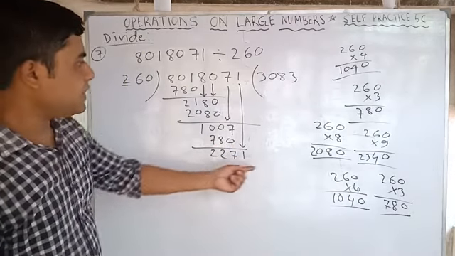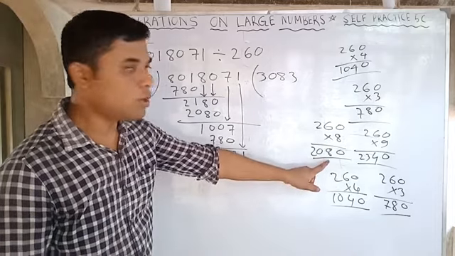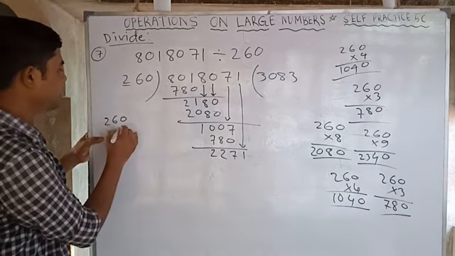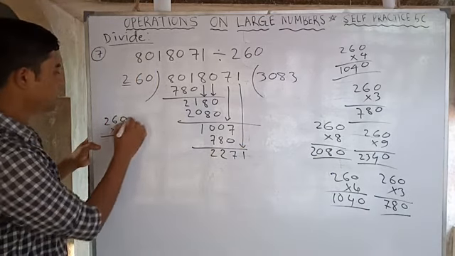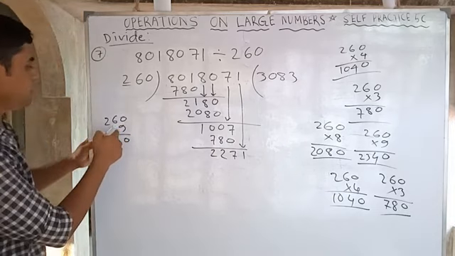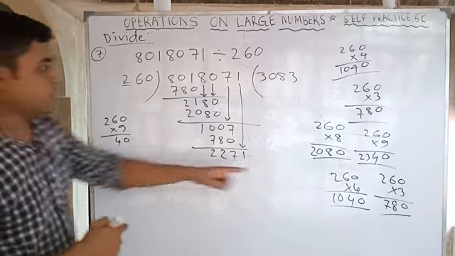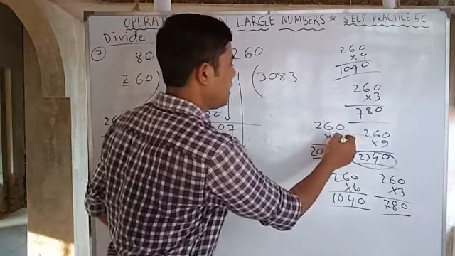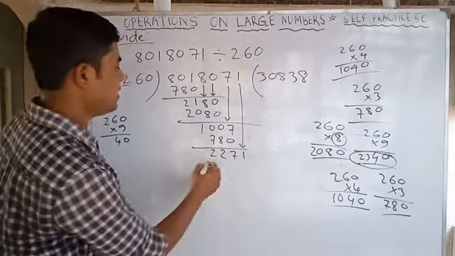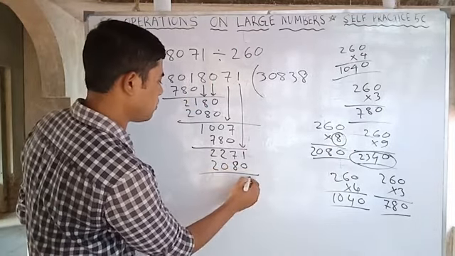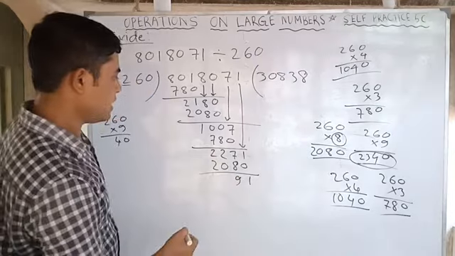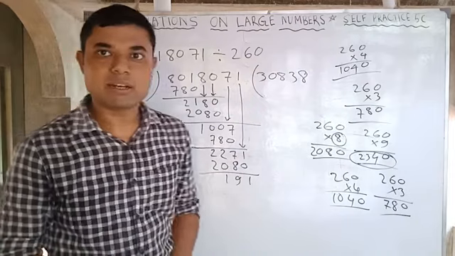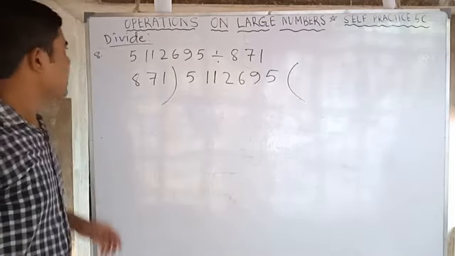Look, by 8 already you have learned. 2080. By 9, shall we check? If we check by 9, 0, 54 carry 5, 18 and 5. Oh, by 3, 5, also 9 also you are done. It is more. That means obviously it will go by 8. So again by 8, 2080. So 1, this is 9 and here it is 1. This becomes the quotient, this becomes the remainder. Okay.